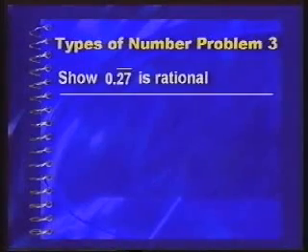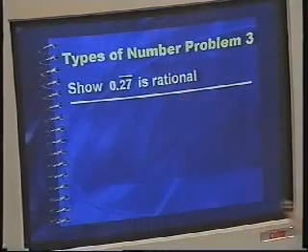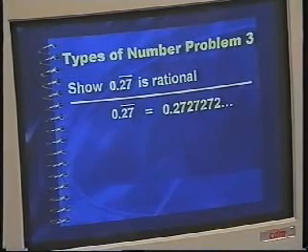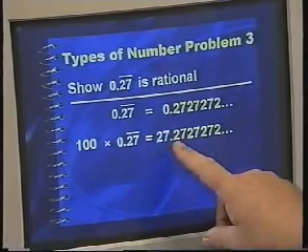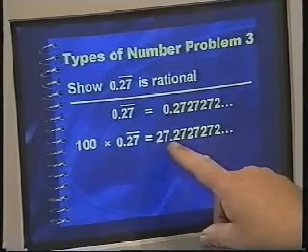I've got one more problem on types of numbers, and that's actually quite difficult, but rather interesting. Let's have a look. That problem says, show that 0.27 recurring is rational. So that's 0.27272727. That's what that little stroke means. Now, we know that, and now we can actually multiply that number by 100, and the 27 goes in front of the decimal point, so I get